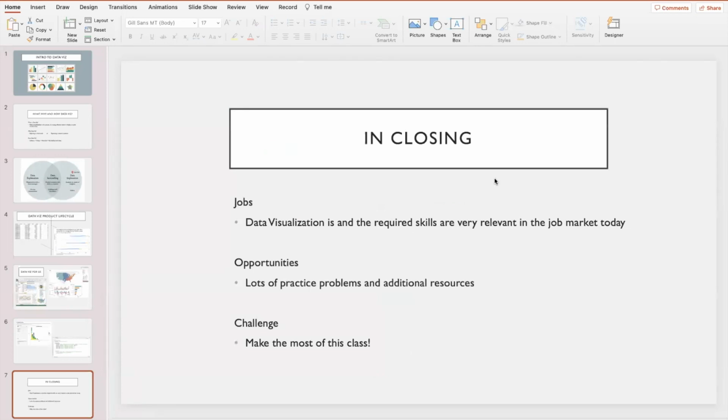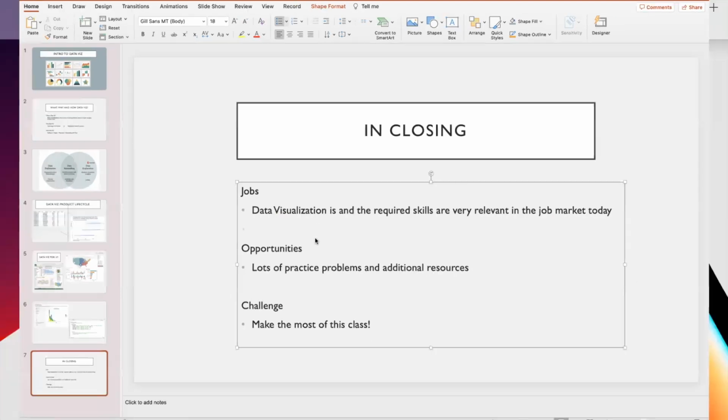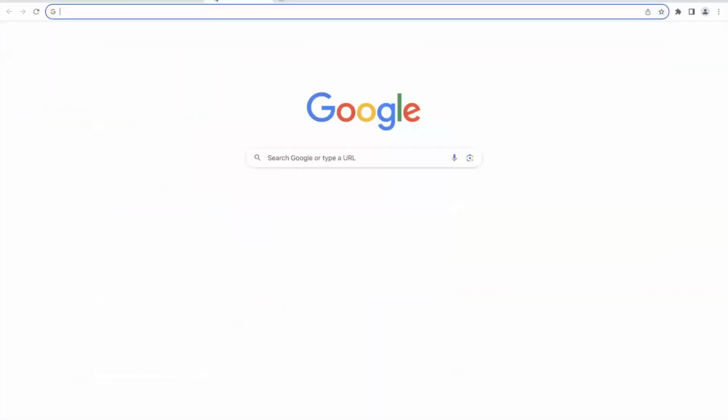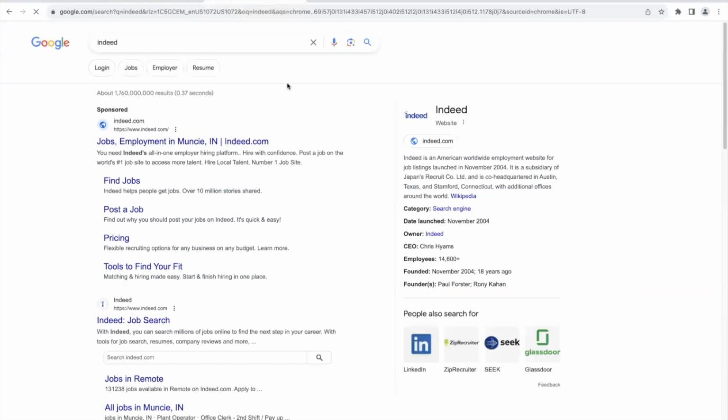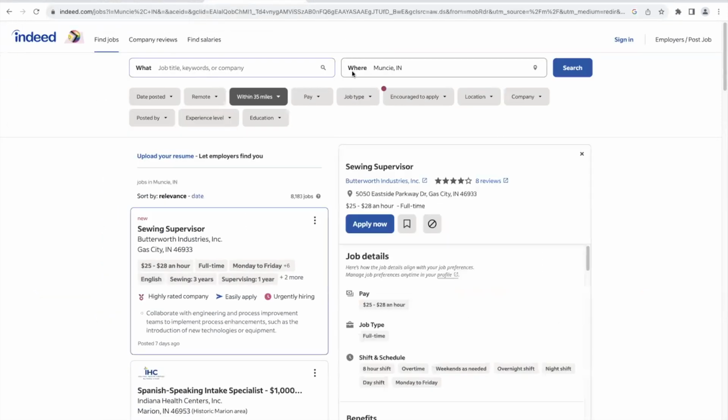So in closing, why is this class relevant to you as an undergraduate data science major, data analytics? So for starters, right, data visualization is very relevant, and the skills involved in this translate to lots and lots of job opportunities. So if I just go to Indeed right now, and I'll type in data visualization,